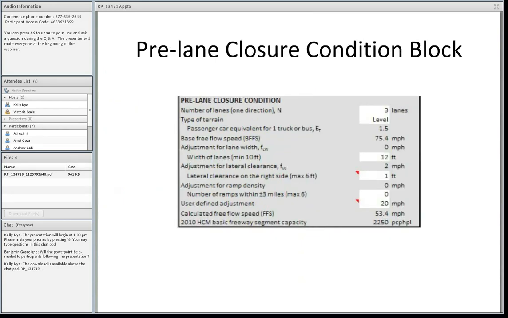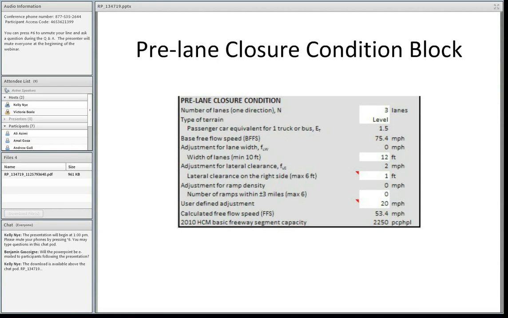This is based on the 2010 Highway Capacity Manual methodology for basic freeway segments. So it is a standard formulation that comes out of the HCM, and it looks at the number of lanes, the type of terrain, uses a base free flow speed, and then applies adjustments based on lane width, lateral clearance, and ramp density. We've also included an adjustment by the user, which can be used to